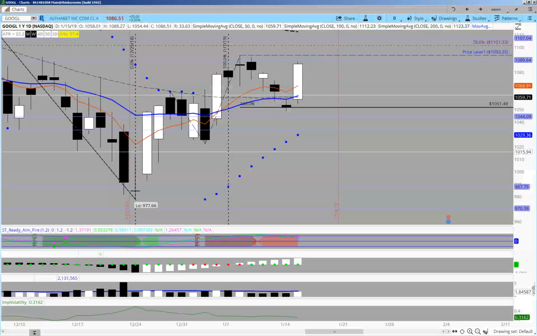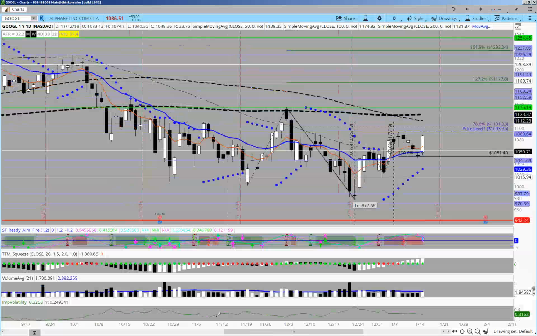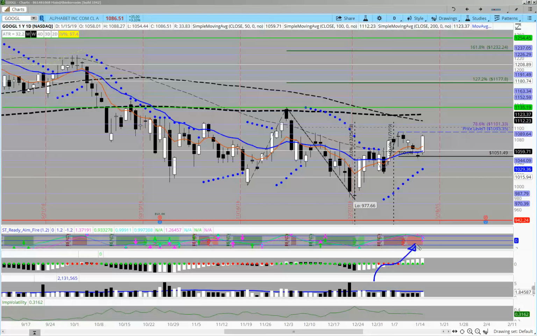So that's to say, if Google had squeezes, which, look at this, the daily squeeze, and I've commented on it, the daily squeeze to me has been a little bit awkward because it did technically fire long, but the price action inside of it has been a little back and forth. But if you're sitting here thinking, man, Google strikes me as a little bit extended, well, then I feel like you're ignoring all of this right here. So if you look at a 2, a 3, and a 4-day squeeze, which is shown in that multi-squeeze indicator,